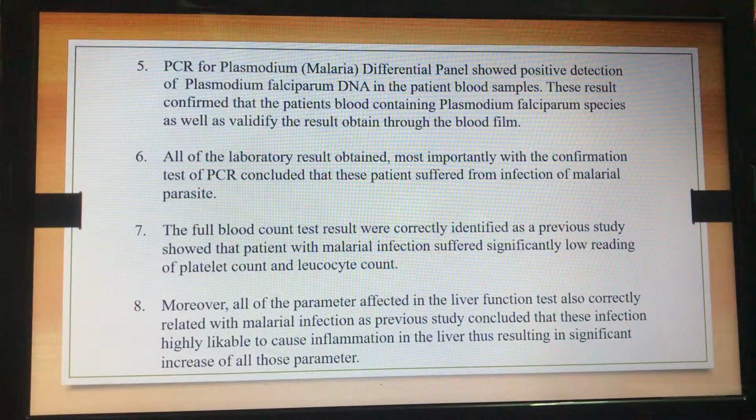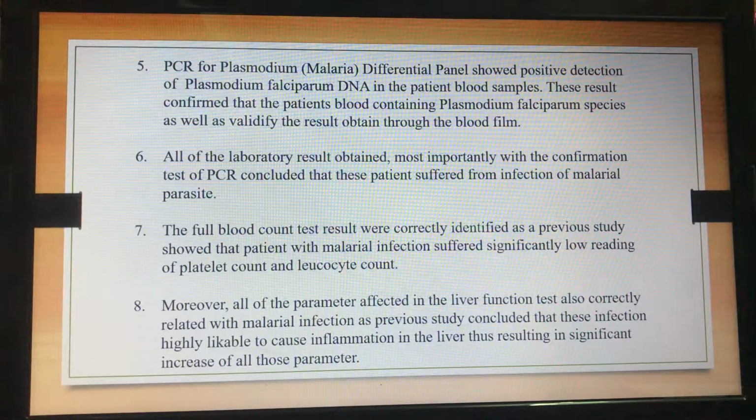This test is the most crucial test in confirmation of the disease, as this type of PCR is used for the detection and quantification of Plasmodium species with the extracted nucleic acid from the whole blood of human origin. All of the laboratory results obtained, most importantly the confirmation test of PCR, conclude that this patient suffers from